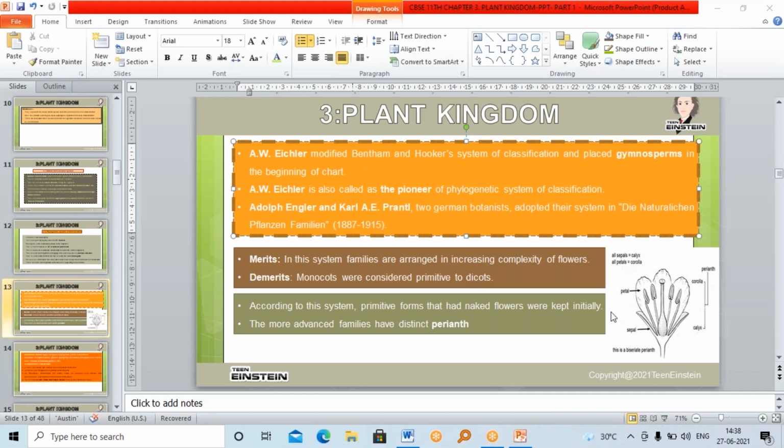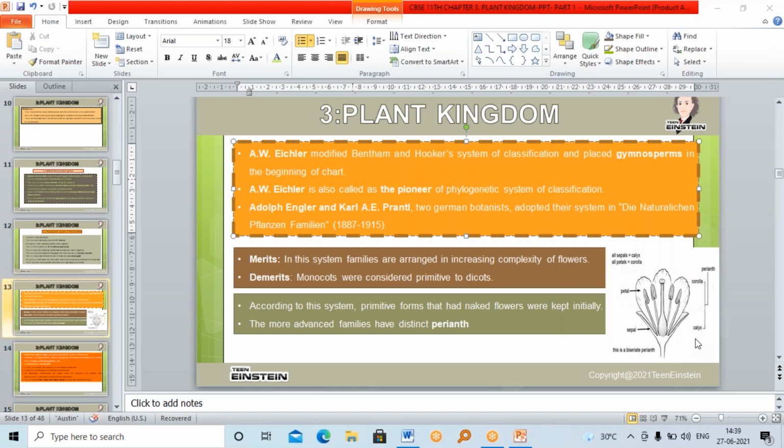So according to this system, primitive forms that had naked flowers were kept initially. Here I said they arranged the families based on complexity of flowers. So primitive forms that had naked flowers were kept initially, and more advanced families have a distinct